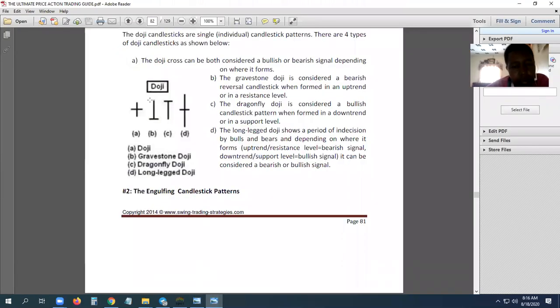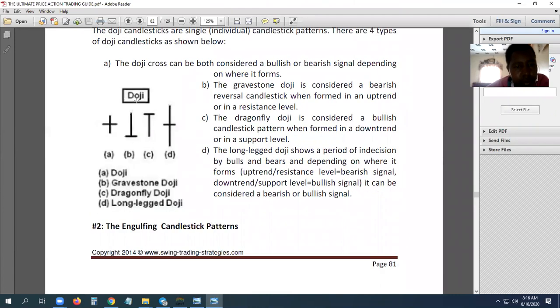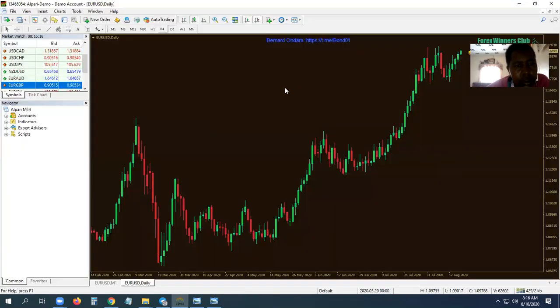Now, if you look at what we have here, we have a doji candlestick pattern. Doji, these are Japanese words. Now, a doji means price opened and closed at the same point. Price opened, so look at that. When you see a pattern like this,